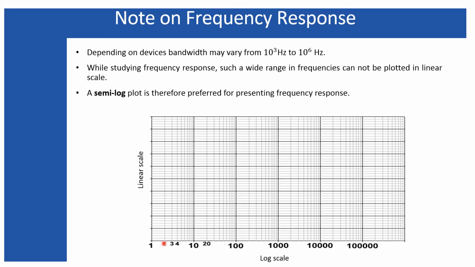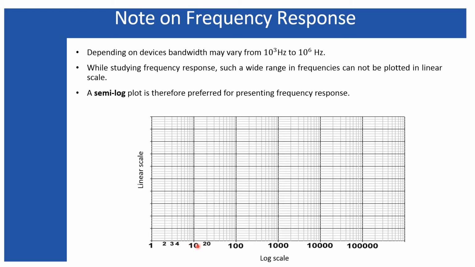For the minor ticks, similar rules are followed. Within the range of 1 to 10, the minor ticks increase as 2, 3, 4, 5, 6, like that. Similarly, within the range of 10 and 100, the minor ticks increase like 20, 30, 40, 50. Within the range of 100 and 1000, the minor ticks go like 200, 300, 400, 500, and in such a way all other minor ticks will follow. So this is the fundamental process of semi-log graph paper.